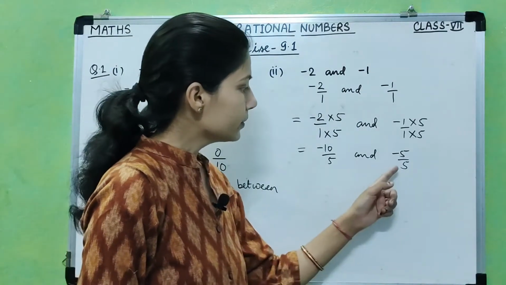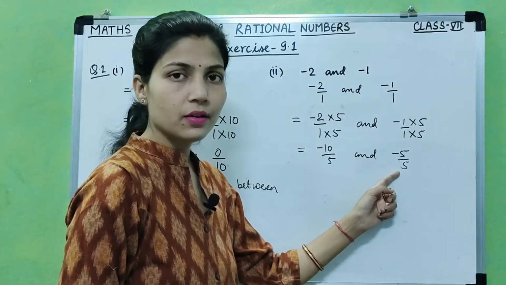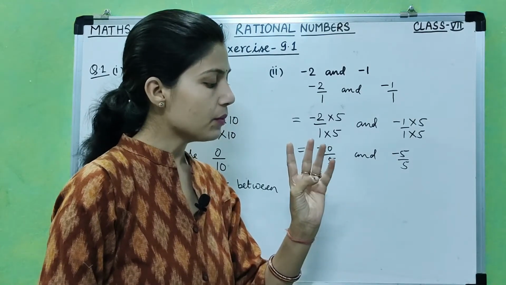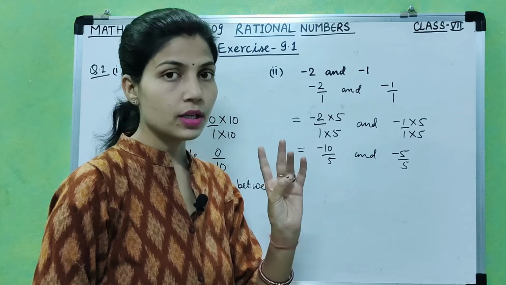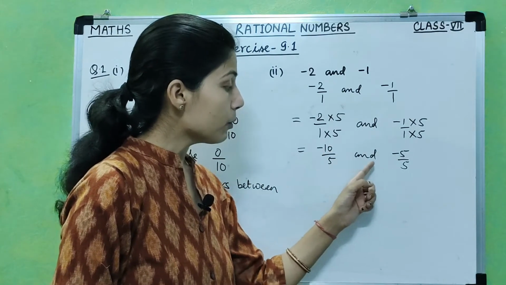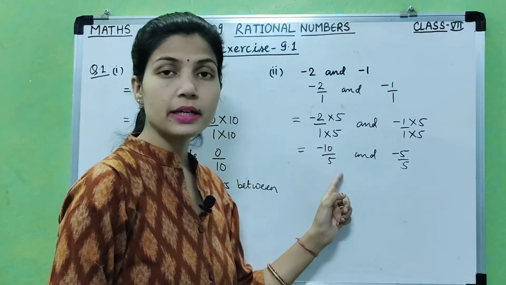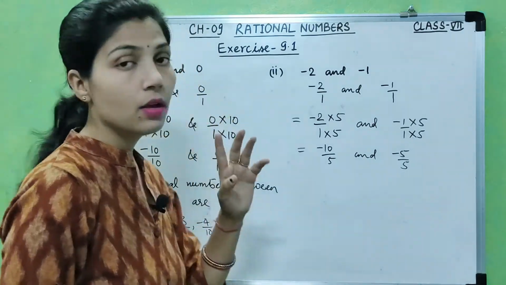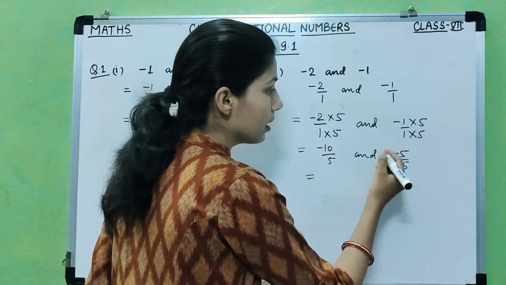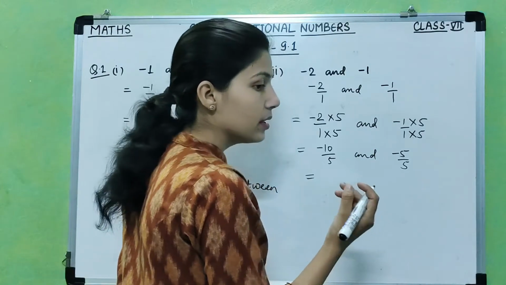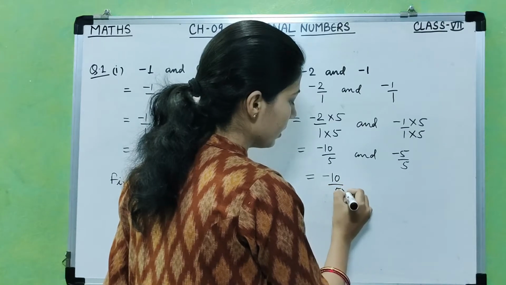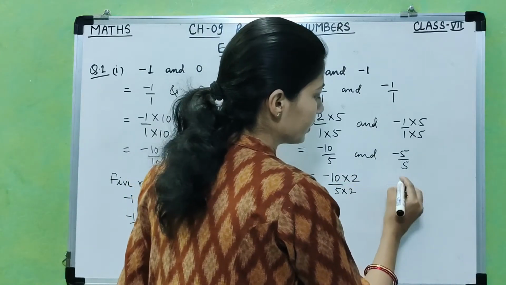Okay, now see, these are like rational numbers. Between -5 and -10 there are -6, -7, -8, -9. So there are only 4 rational numbers which will lie between -5 upon 5 and -10 upon 5. But we have to list out here 5 rational numbers. So we will multiply this by another number so that the difference between the numerators can be large. Okay, so -10 upon 5, if we multiply by 2, here also,